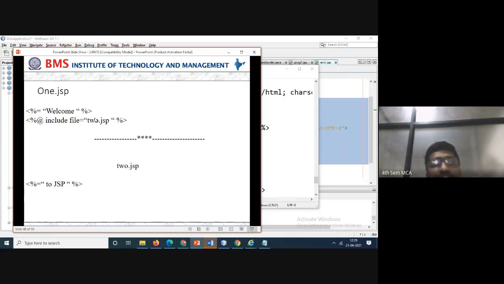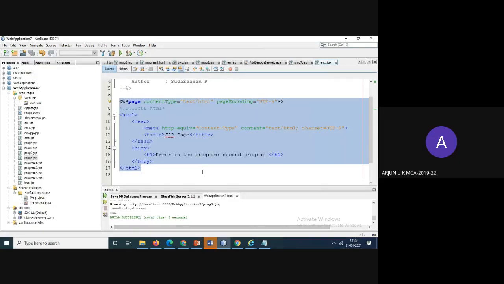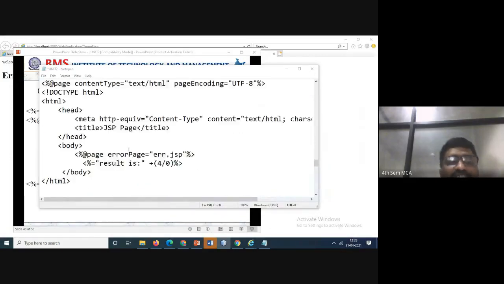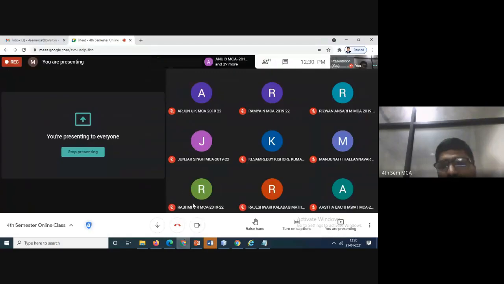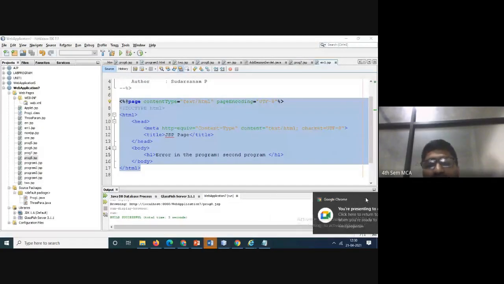Okay, sir, out.println also can be written. Sir, Arjun, sir. Sir, can you send these files through mail? Which files? This program file, that is the reason I made it. No, what I thought is, who is talking? Arjun, sir. Arjun. So every day shall I send it or at the end of the second unit? Sir, anything is okay, sir. Every day, if you want, you can practice it, because that is easy for you.